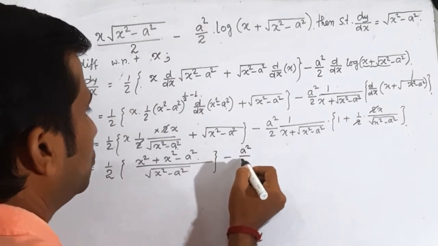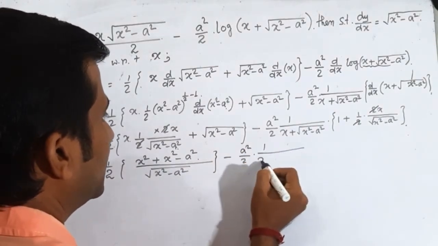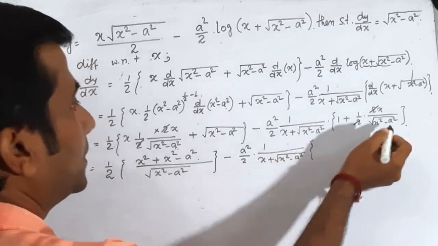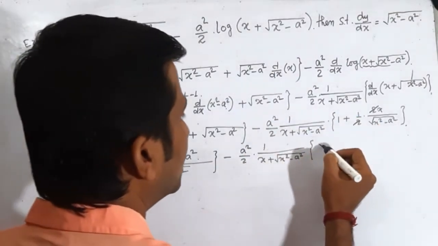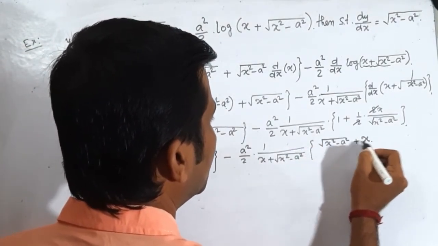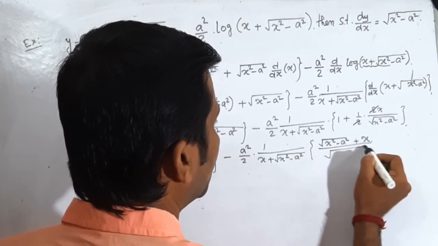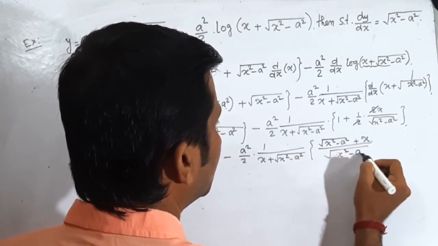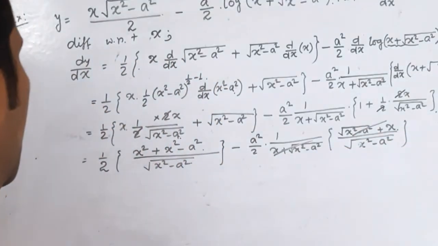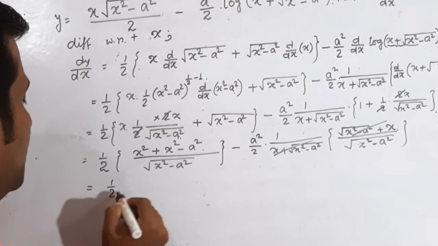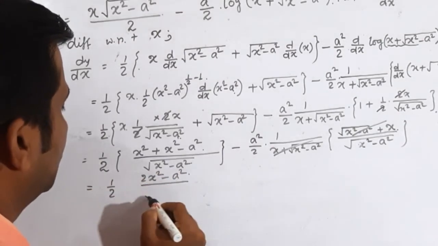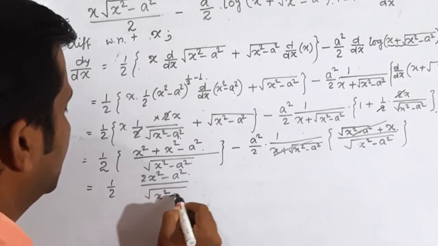Minus a square by 2, 1 by x plus root over x square minus a square. Again taking LCM we get x square minus a square plus x by root over x square minus a square, cancelling. This is equal to half, 2x square minus a square by root over x square minus a square